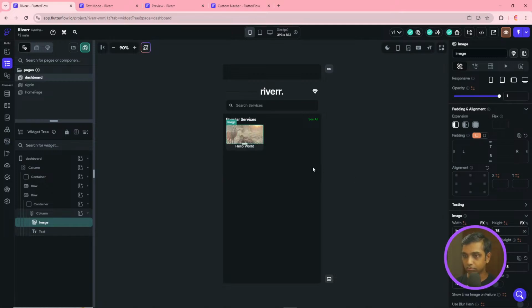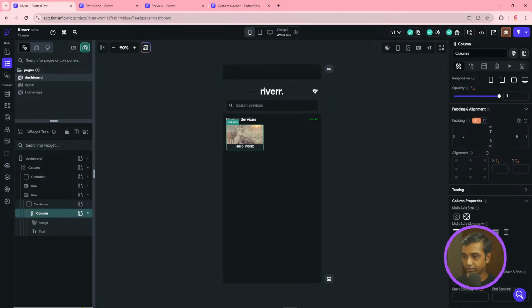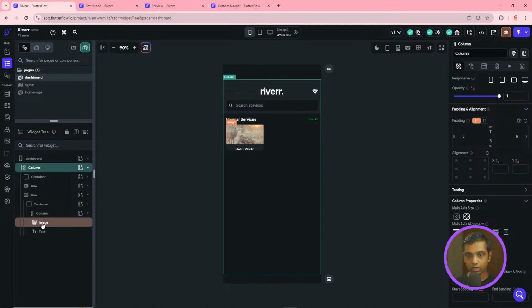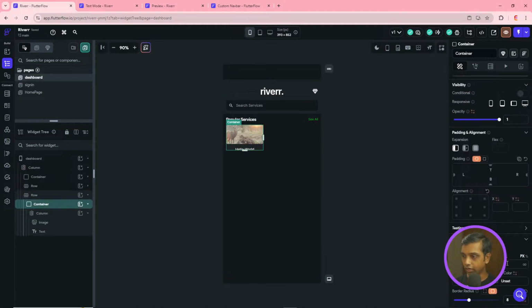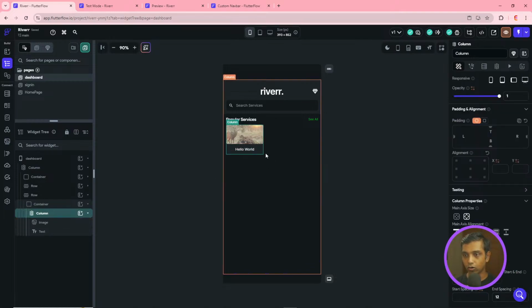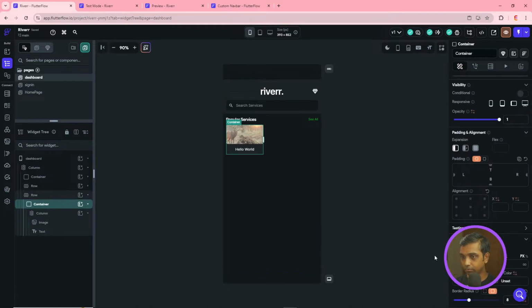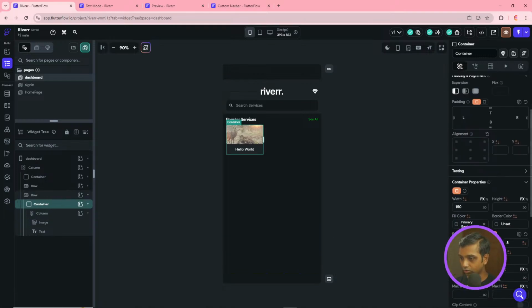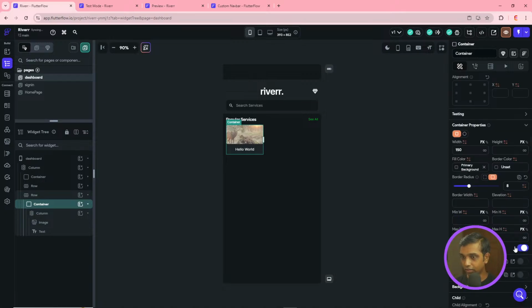Okay, I'm just going to set it to infinite. Okay, having said that, I'm going to set 12, and I'm going to, no, can't do that. I'm going to set only the end spacing as 12 as well. Container now, therefore I can remove the height and let it take the height of the items inside it. So this container has a border radius, if I'm not wrong, so I need to clip the content so that